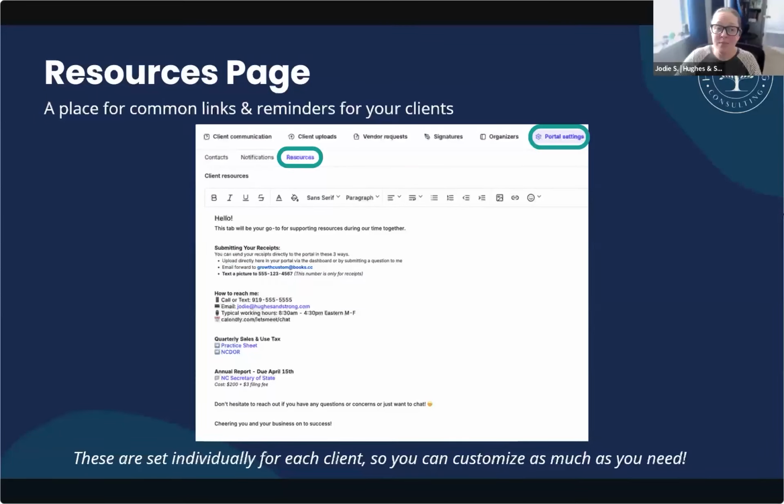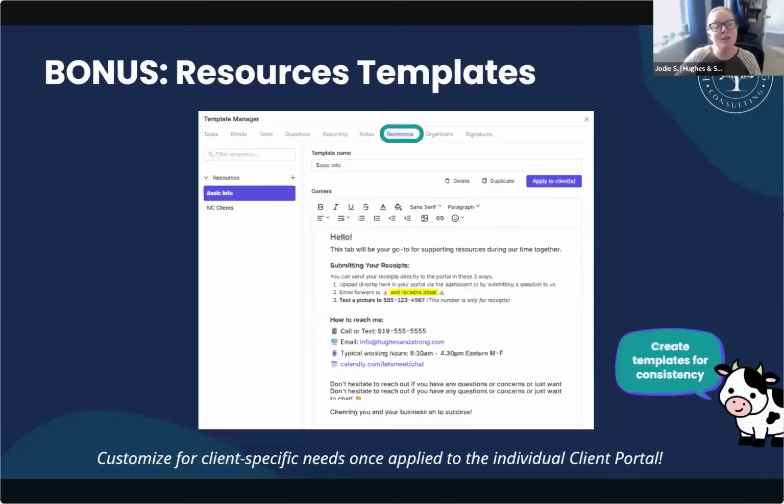And a little bonus tip for the resources tab is that we do have templates available for resources. So in your template manager, you can click on the resources tab there and you can create templates. This way it creates consistency across your clients, which is more for you than it is for them. For them, they're seeing one page, but this can help make it easy so you don't have to go back and go,